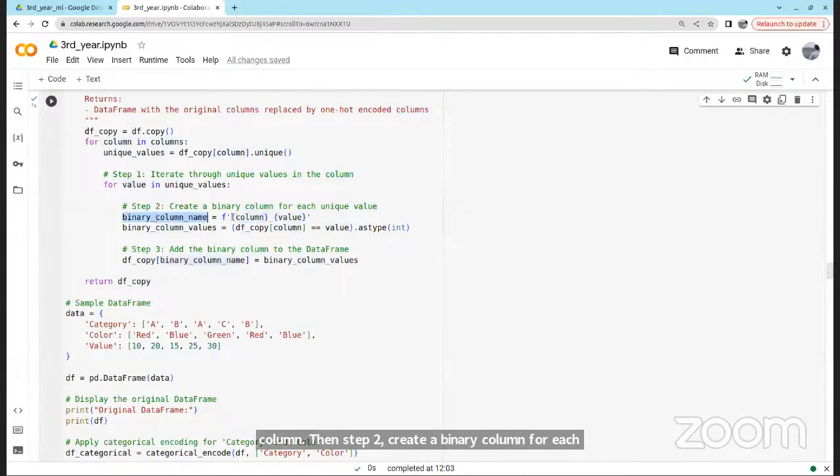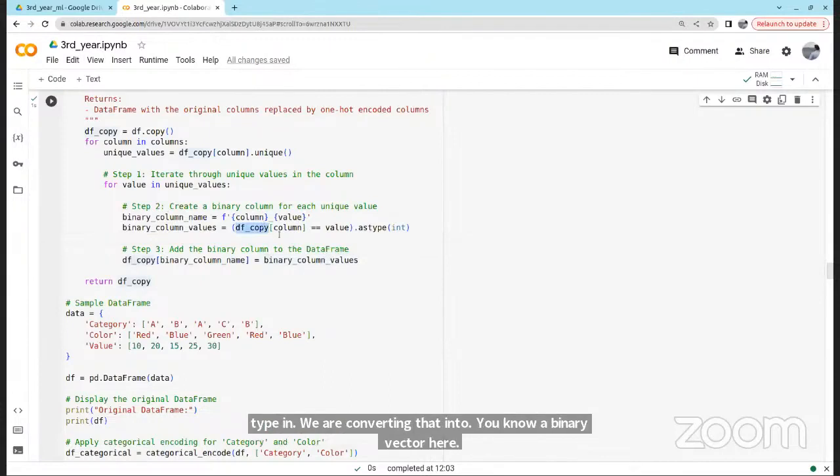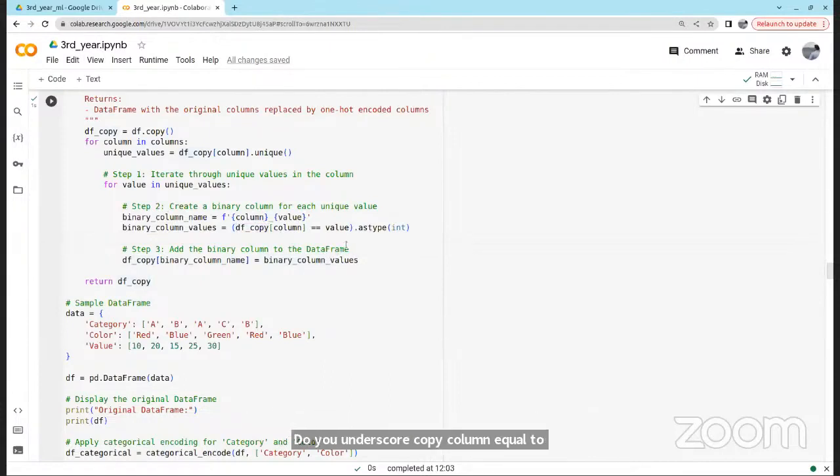For the column name, we are creating column underscore value. For binary column values, we are converting that into a binary vector as type int. Tf underscore copy column equal to value. This is a condition. If you want to, you can always print it.